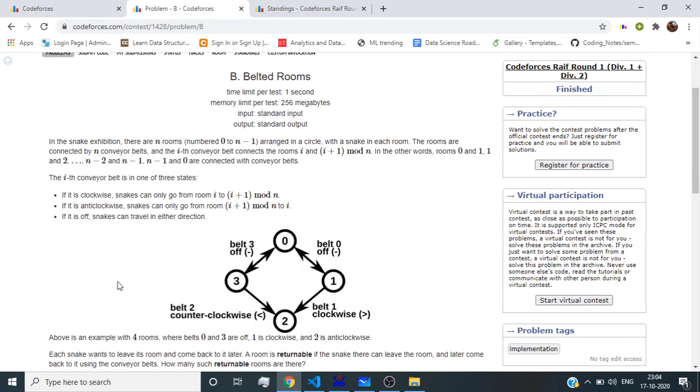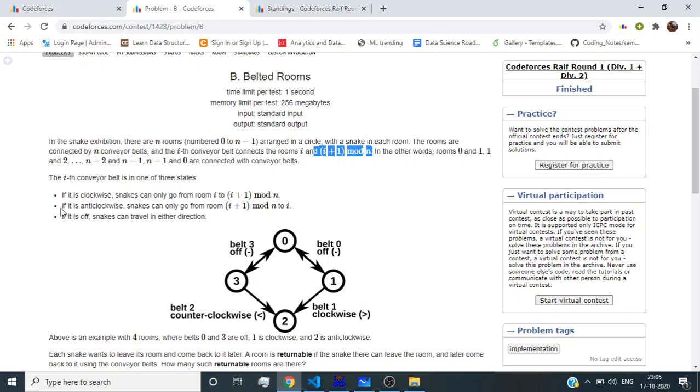So basically a conveyor belt can be of three types, or we can say it is in one of three states. In the very first state, known as the clockwise state, if we are at the ith room, we can go to the (i plus 1) mod n room, basically the room which is in the clockwise direction of the particular ith